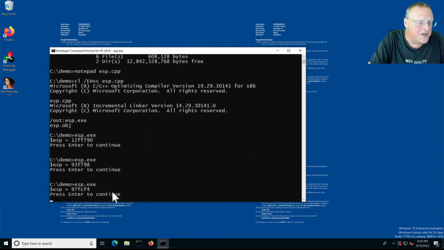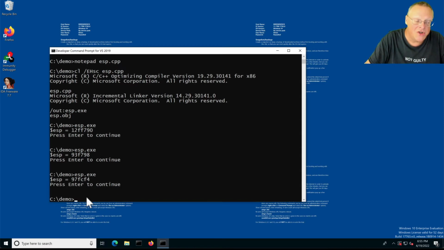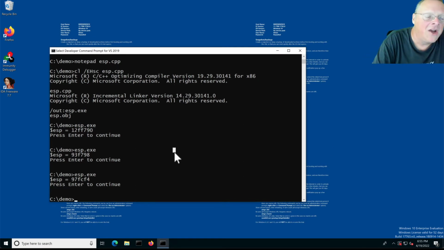So this is address space layout randomization, which is on by default in Windows, and in fact not easy to turn off. I'm not sure you can turn it off at all in modern versions of Windows. But what you can do is you can compile your program with that defense turned off. So you can take esp.cpp and make esp2,